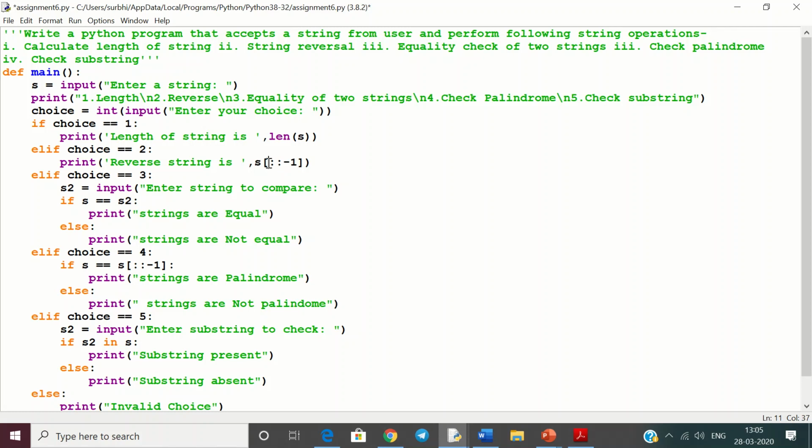Now start means what? आपको आपकी स्ट्रिंग शुरू कहाँ से करनी है, स्टार्ट कहाँ से करनी है, so that is the start point. And end, आपको रिवर्स कब तक करना है, किस पॉइंट तक करना है, किस एलिमेंट तक करना है, so that is the end point. And जहाँ से आप शुरू कर रहे हो और जहाँ पे आप ख़त्म कर रहे हो, वहाँ आपको अपने एलिमेंट्स किस ऑर्डर में डिस्प्ले करने हैं, 1 बाय 1 डिस्प्ले करने हैं, एक छोड़ के दूसरा डिस्प्ले करना है. So that is nothing but the step size. Now I want to display characters of my string in which position, as it is given